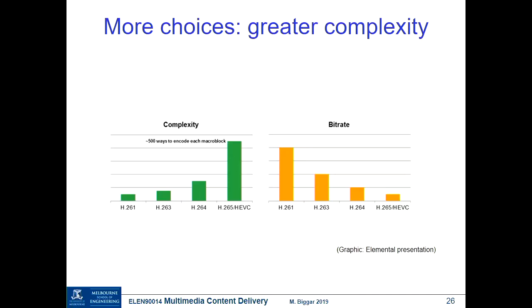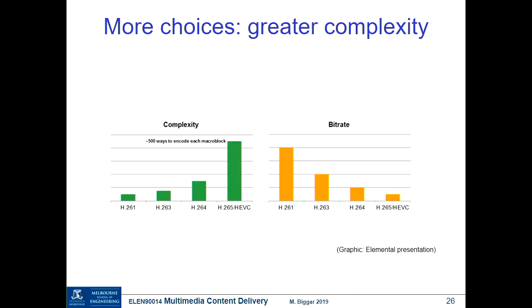But the price we pay is the significant increase in complexity. And this is why, I guess, I chose the H.261 model to look at in a bit more depth, in terms of the process of deciding: do we encode a particular block, do we encode motion vectors, all this sort of stuff, and what's the sequence, rather than try to do it for H.265, because there are such a large number of options and possibilities. As the highlighted example shows, by the time we get to H.265, there are supposedly around 500 ways in which each macro block could be encoded,